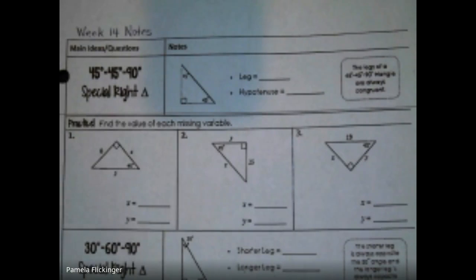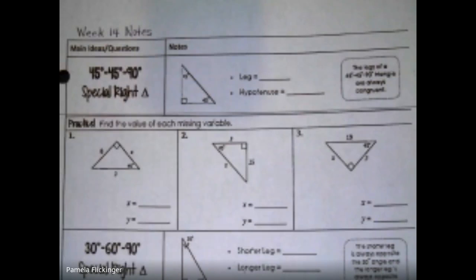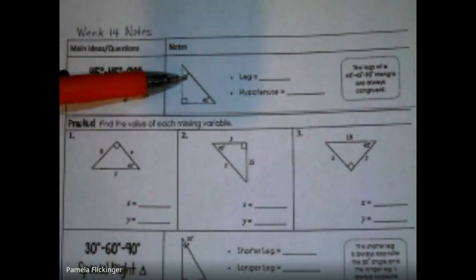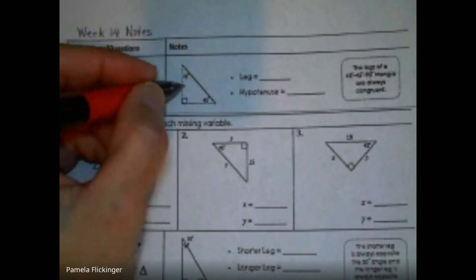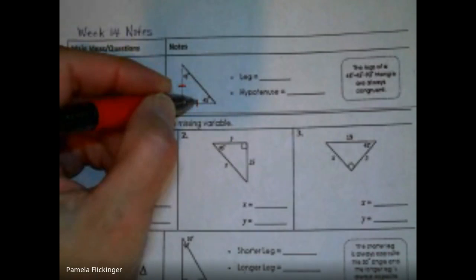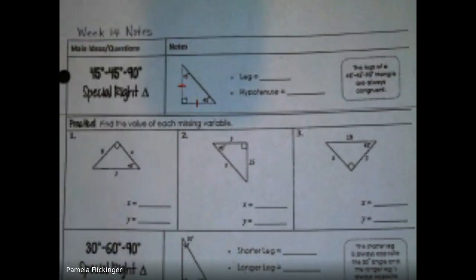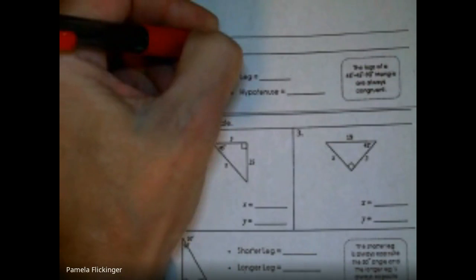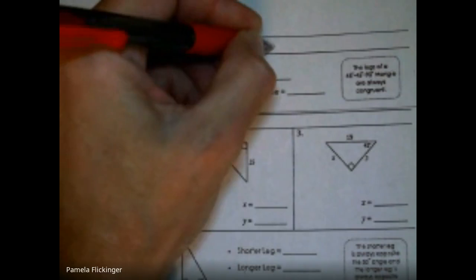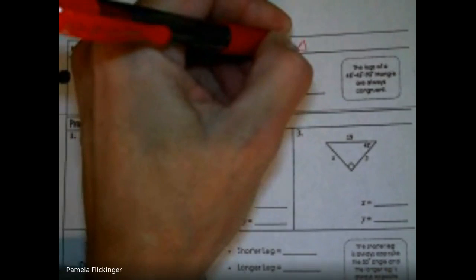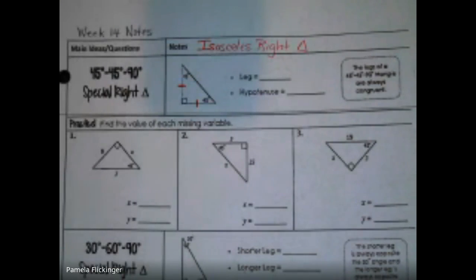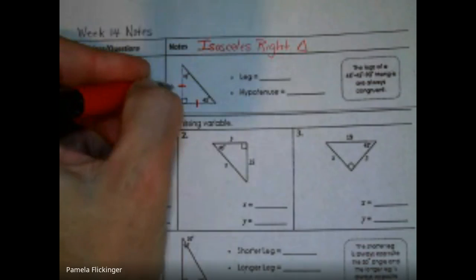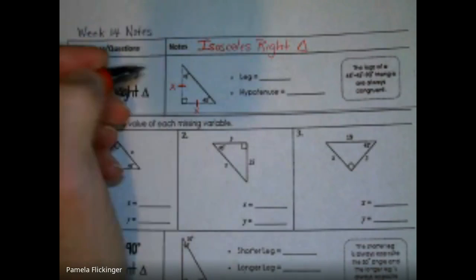45-45-90 special right triangles. If two angles in your triangle are congruent, then we learned earlier using the base angle theorem that you will then have two sides of your triangle congruent. So every single time, a 45-45-90 is going to be an isosceles right triangle. Every time. All right, so that means that both the legs, and we'll call them x, will be the same. If our leg is always x,